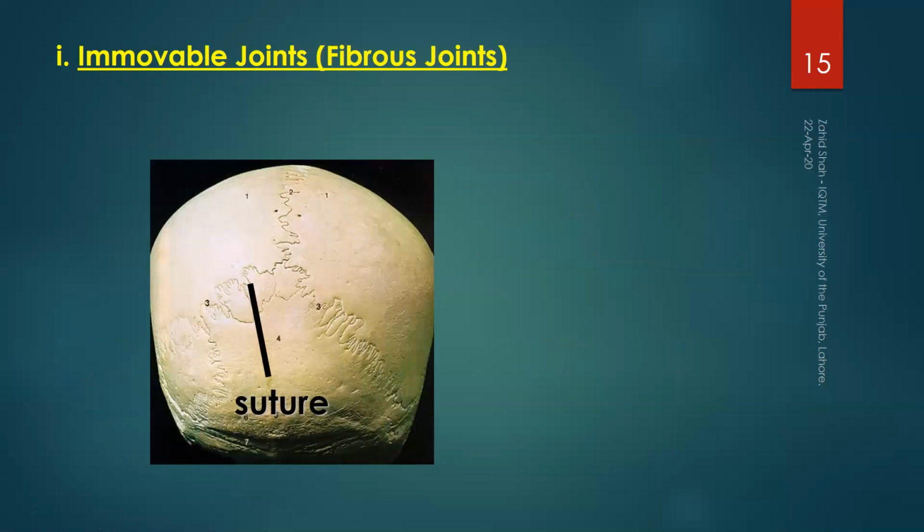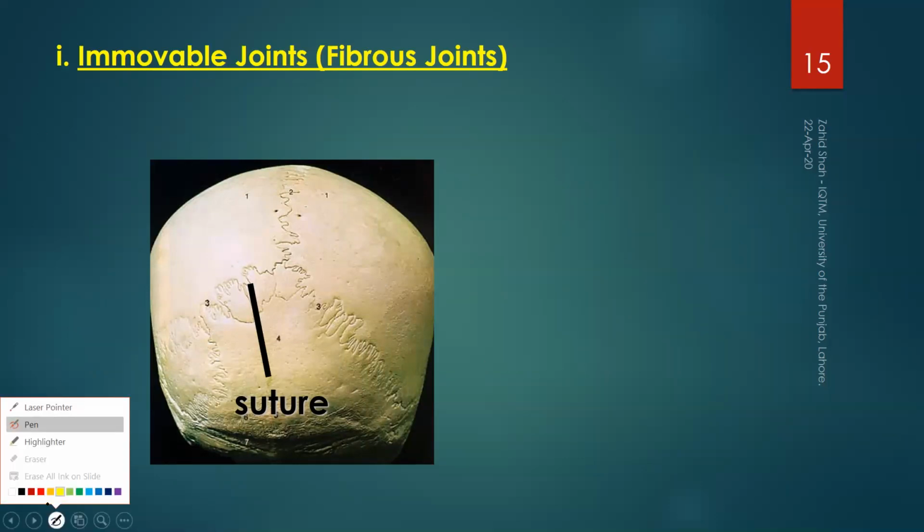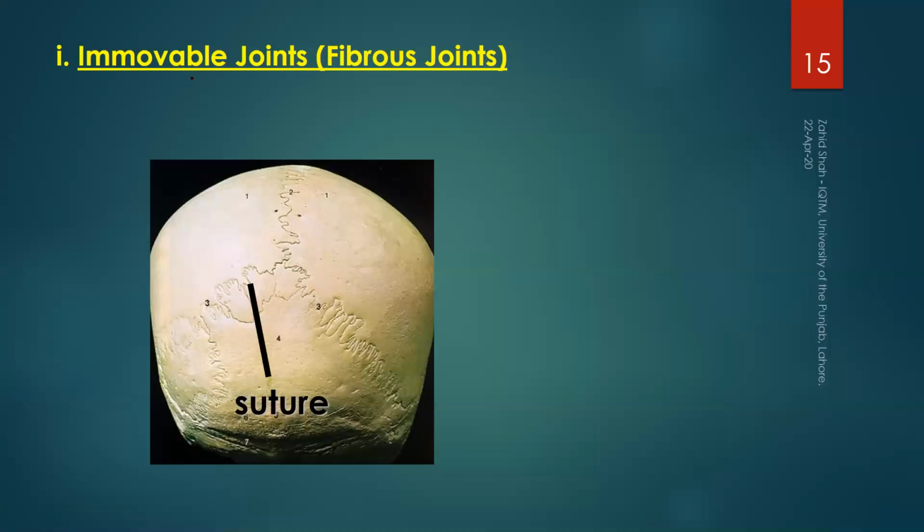So let's see a few examples of joints based on structure, and then we will see them in more detail with respect to movement. The first type of joint was fibrous joints. With respect to movement, they are immovable joints. The classical example is the suture, the joint of your skull. You can see that these parts of the skull are sort of stitched together. And actually there is some fibrous structure that is stitching these different parts of the skull together.